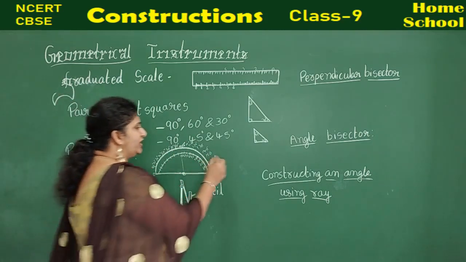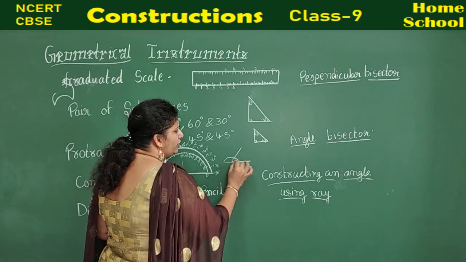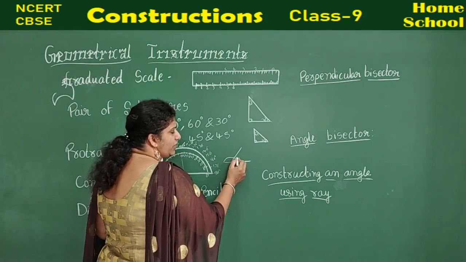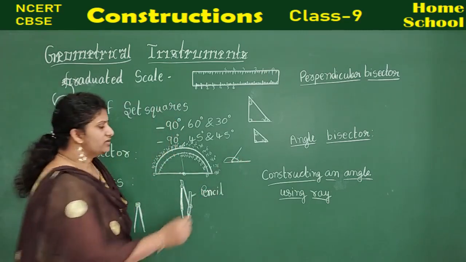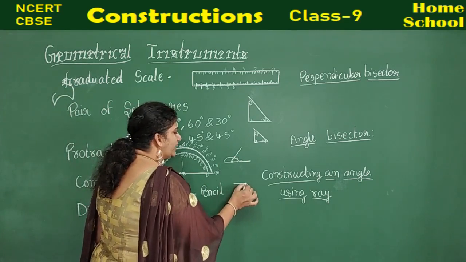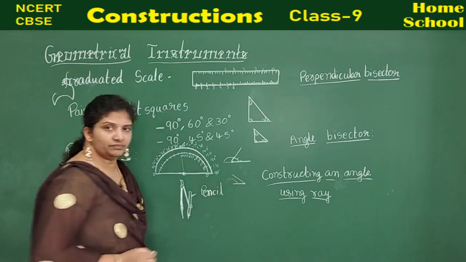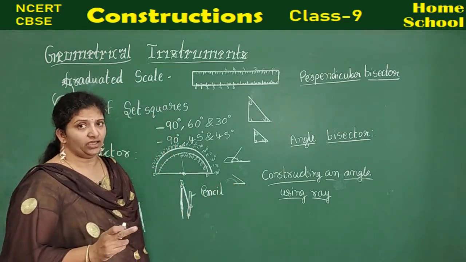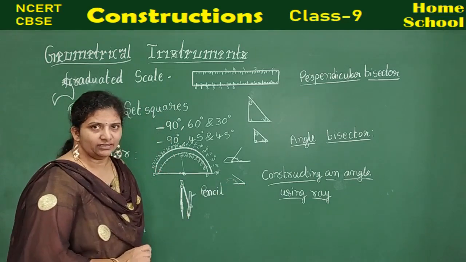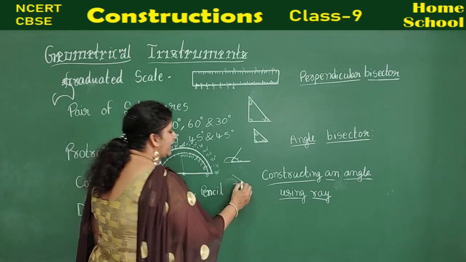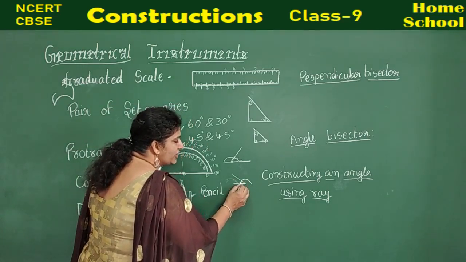Suppose you are measuring this side angle, then you can put your protractor here. From here, 0, 10, 20 like this you can measure and draw the angle. Suppose you need to check the angle on this side. You can't put the protractor here. Understand carefully. You cannot make the angle that way. Then at that time, you need to take the protractor and keep it like this, and then start measuring your angle